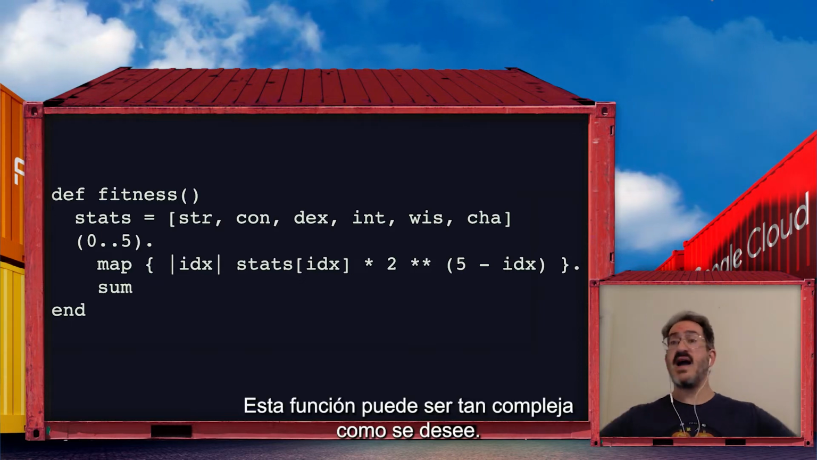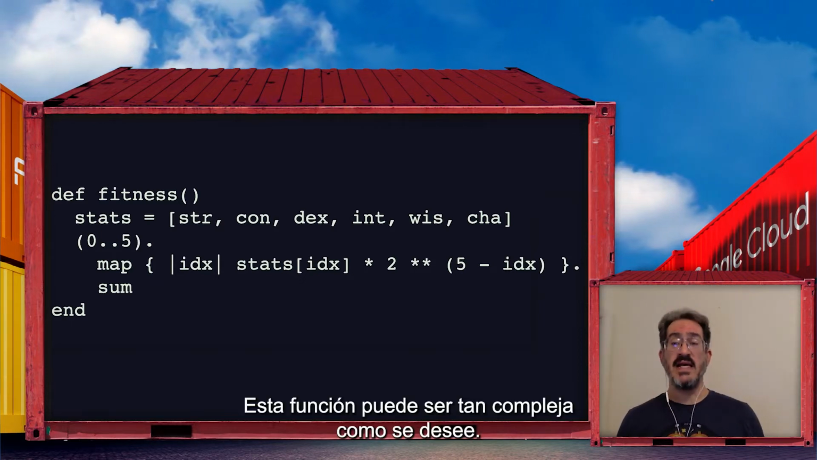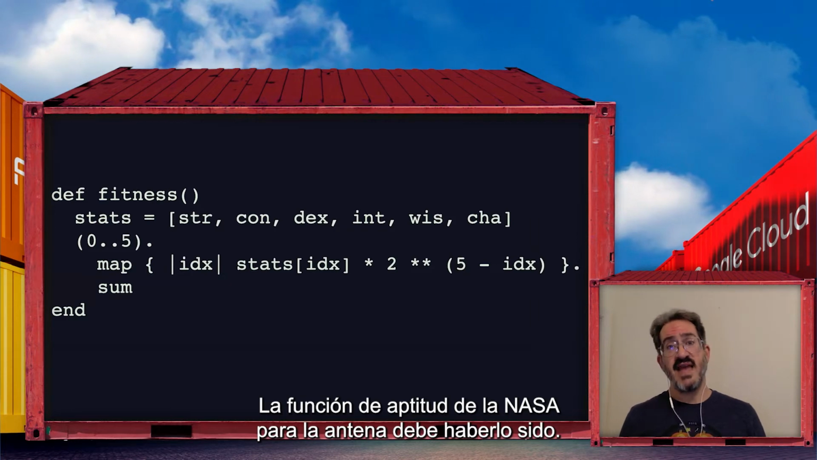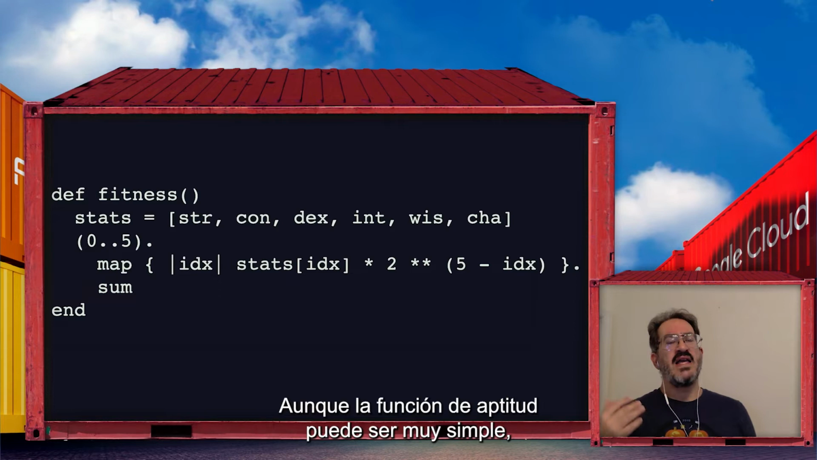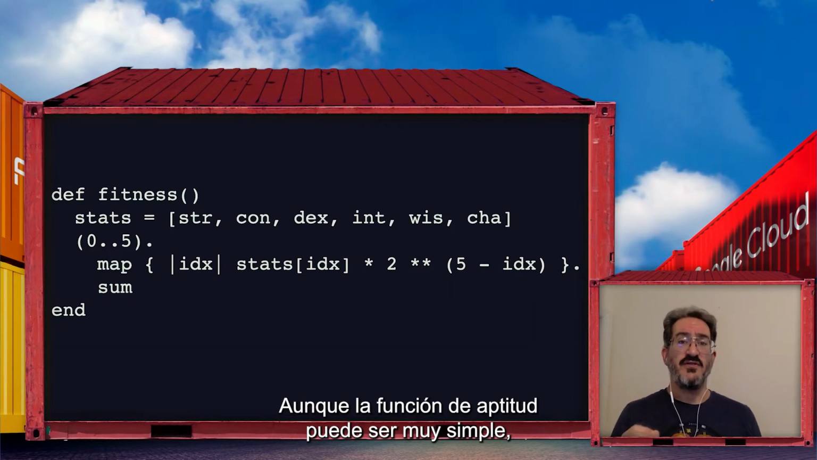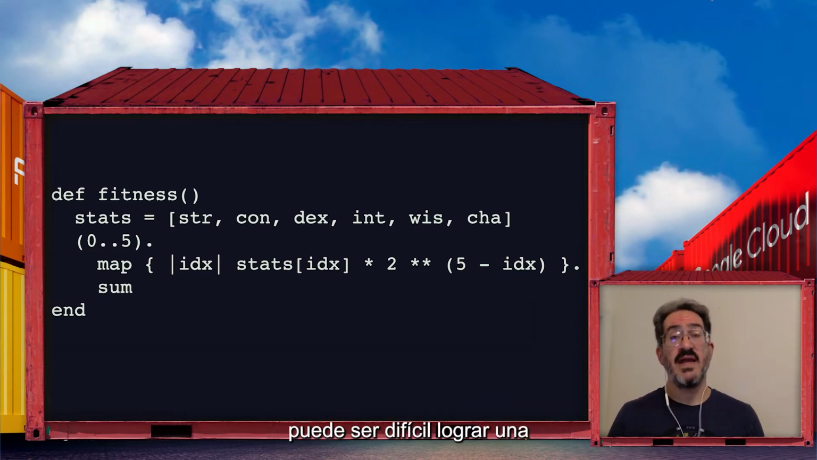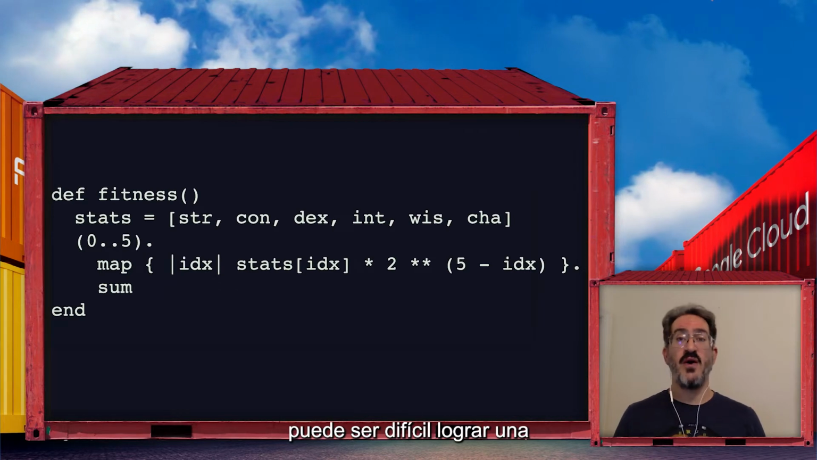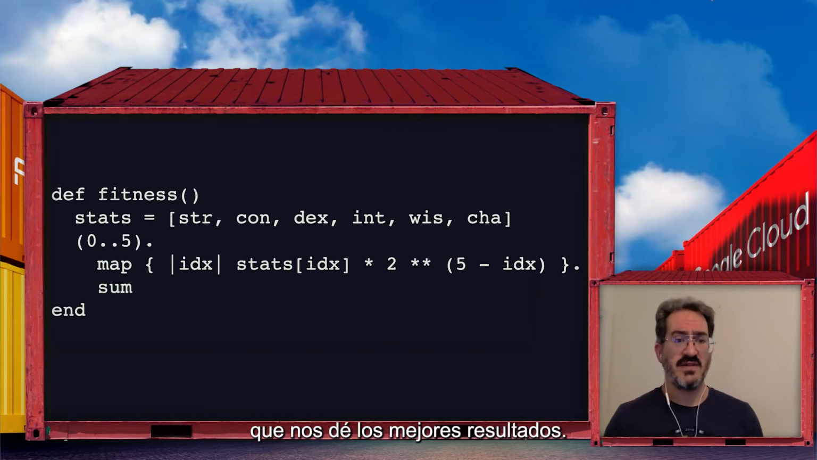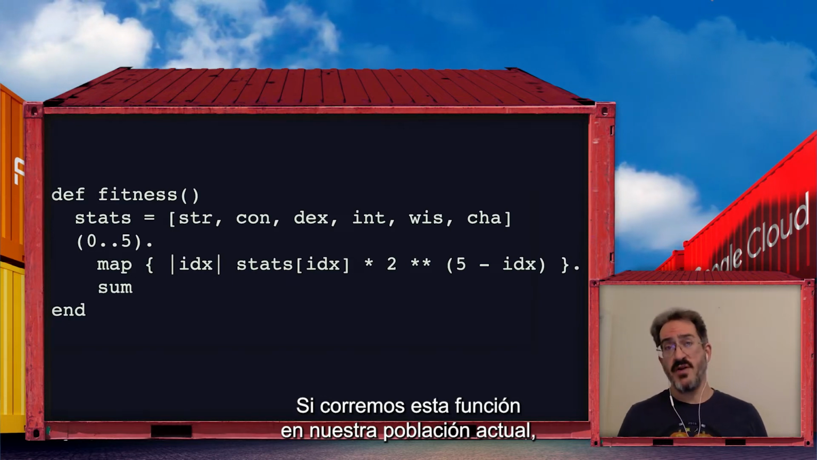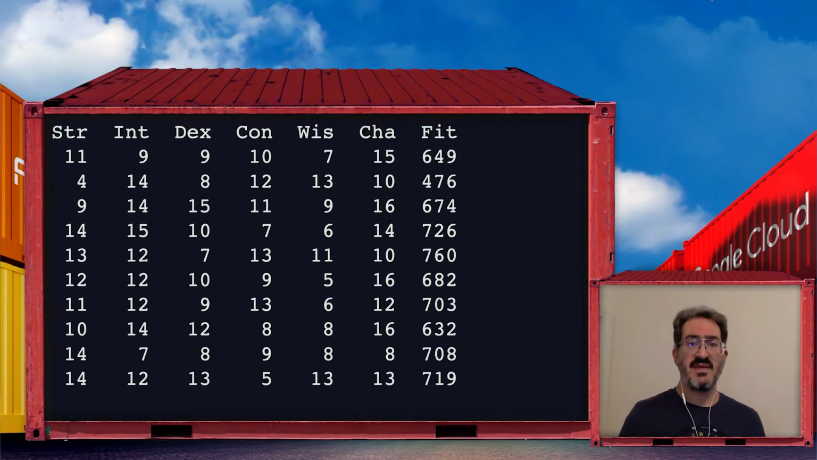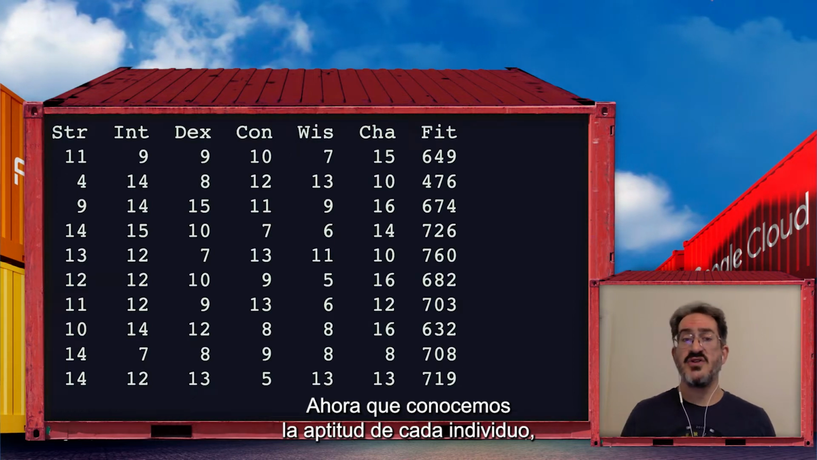We could get as complex as we want in this function, and NASA's antenna fitness function certainly must have been. Even though the fitness function itself can be very simple, it can be difficult to figure out one that will yield good results. If we run this one on our current population, we get this. Now that we know each